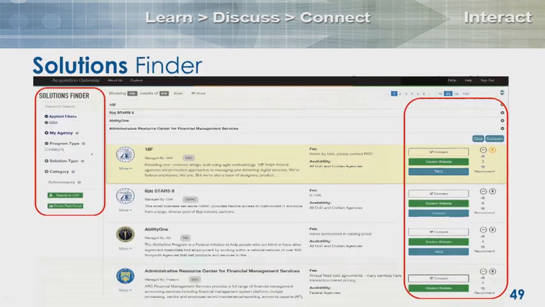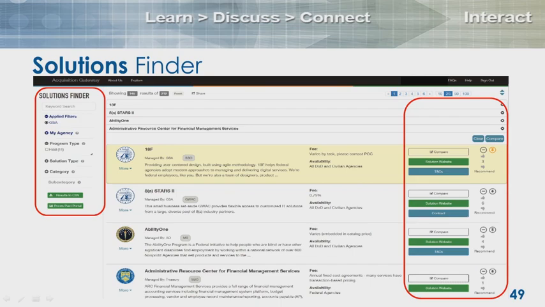So finally, we've gathered all of that information, so we want to see what contracts are available in the Solutions Finder. The Solutions Finder is a compilation of over 200 contracts across the government. Many of them are available for government-wide use, but some of them are agency-specific. There's a number of DoD-specific contracts in here that other agencies cannot access. And so what this does is it allows us to pull up different services and contracts.